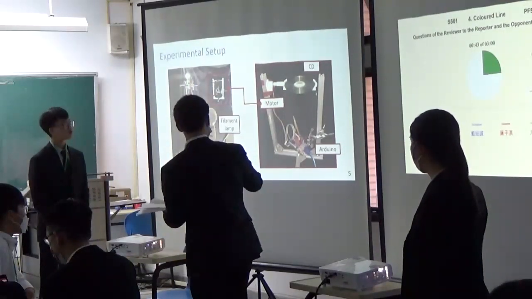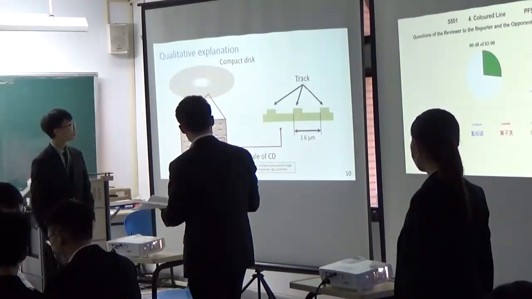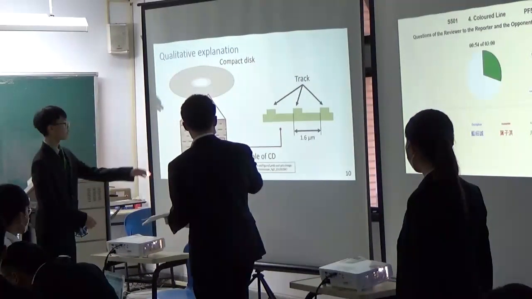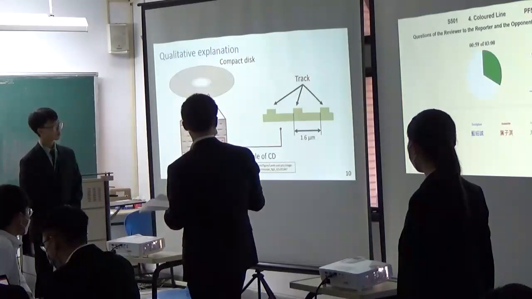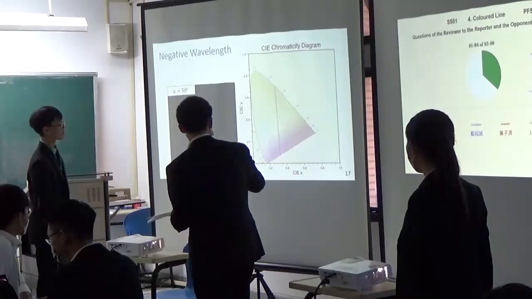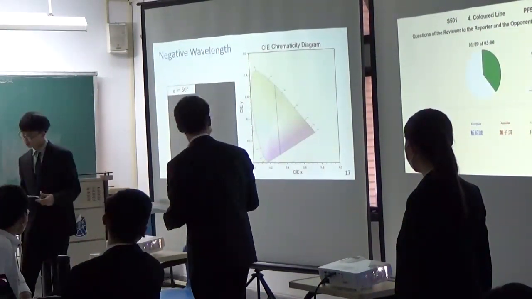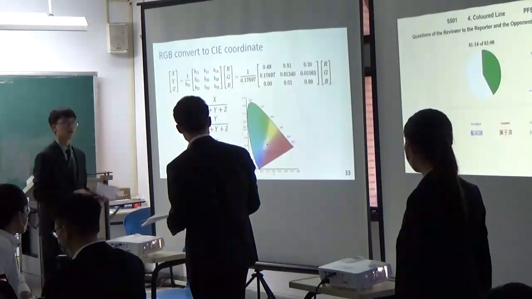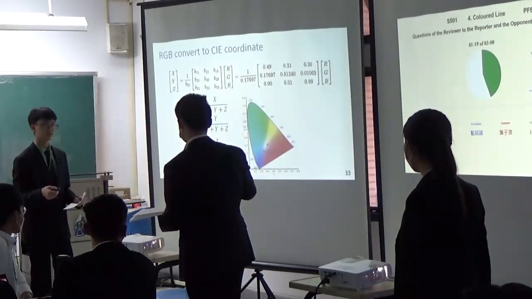Okay. Can you go to slide 10? How did you measure the grating distance, because it's in micrometers? Oh, we got the reference of the distance. Okay. Can you go to slide 17? Can you elaborate on the units of your chromaticity graph of the XML? Oh, this is just an algorithm we use to calculate the wavelength of the light. How it works is complicated.